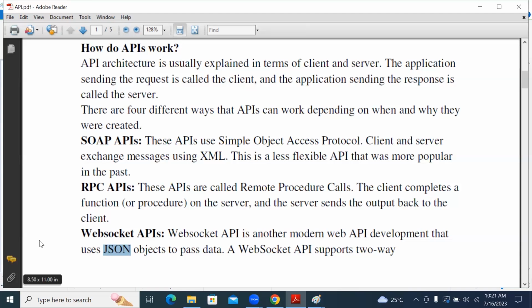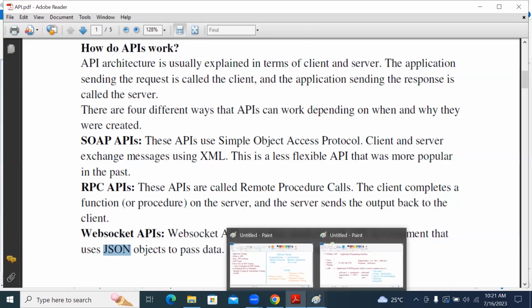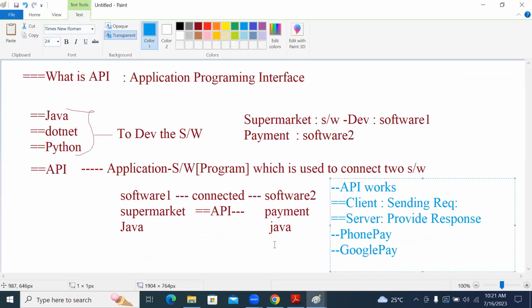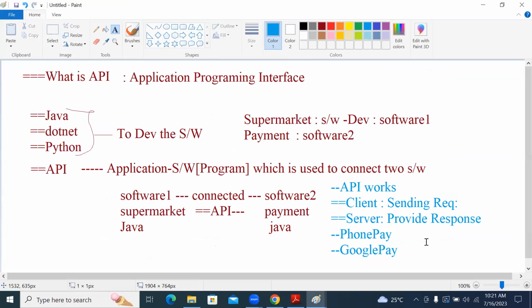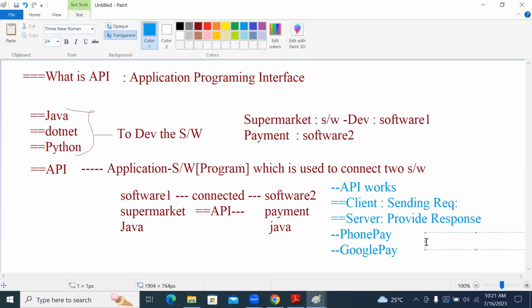Whenever you take up the API concept, you need to take care of two things: one is XML and the other is JSON.